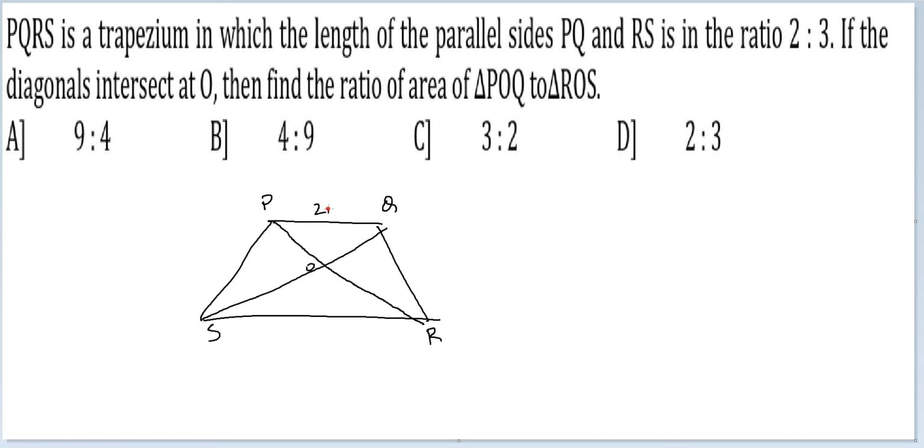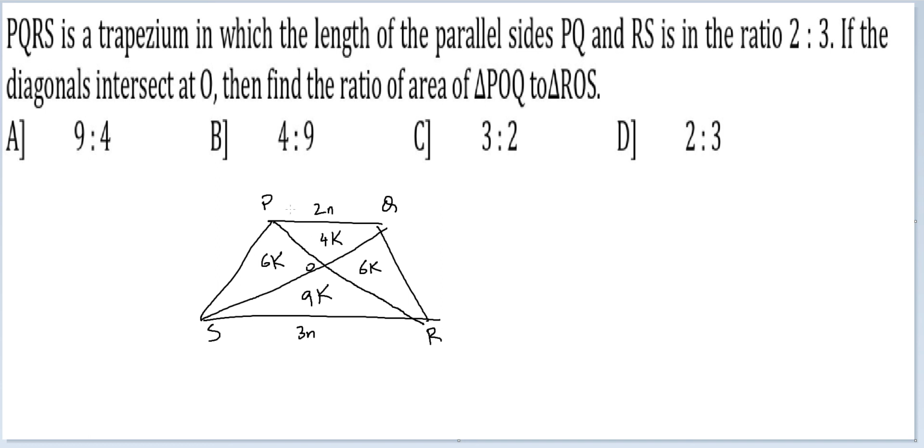If this is 2n, this is 3n length. So area wise, this would be 4k, this would be 9k, and this would be 6k, and this would be 6k. Then find the area of POQ to